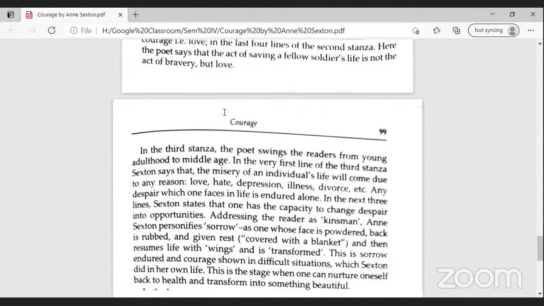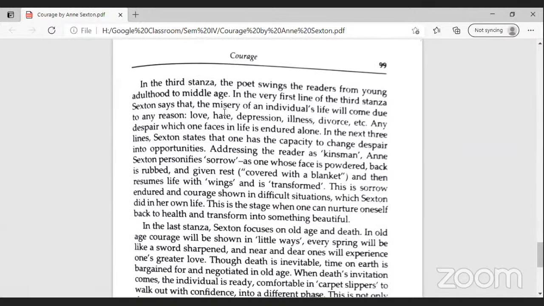love. In the third stanza, the poet swings the readers from young adulthood to middle age. In the very first line of the third stanza, Sexton says that the misery of an individual's life will come due to any reason: love, hate, depression, illness, divorce, etc. Any despair which one faces in life is endured alone. In the next three lines, Sexton states that